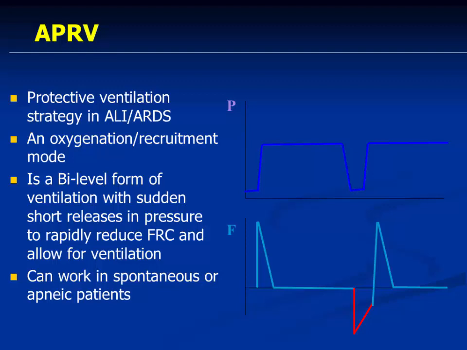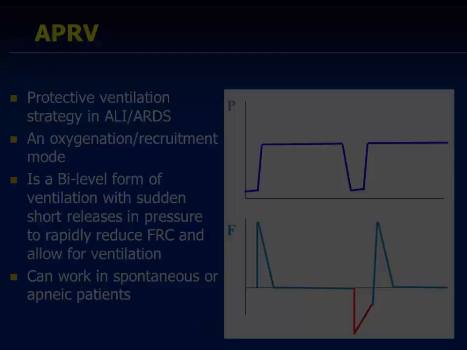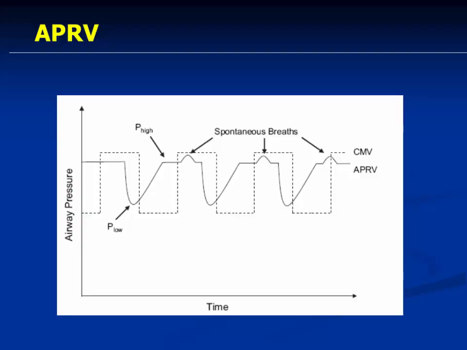It can work both in an apneic patient or a spontaneous patient. I will show you how it can work. As you can see here, this is the airway pressure going high. This is a spontaneous breath here. Again release, spontaneous breath, we can work here. And this is a CMV. And if you combine this effort to this effort, area from here to here, it becomes the tidal volume. So it is allowing the fixed tidal volume to be delivered to the patient as well as spontaneous activity on top of that. So it requires very less sedation and less discomfort to the patient.